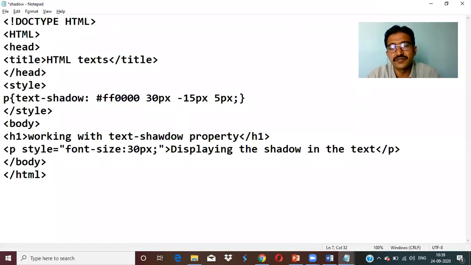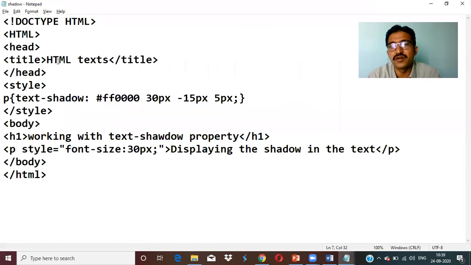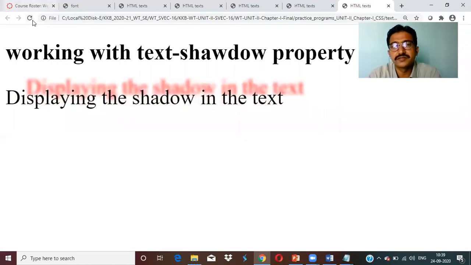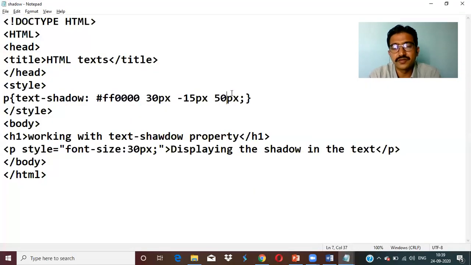If I increase it to 15 pixels, now how does it look like? See, the bottom and top, it is showing on the top of this. Still, if you want the font size to increase, if you want to increase it to 50 of this, see, it's a little bit hidden. So that's why